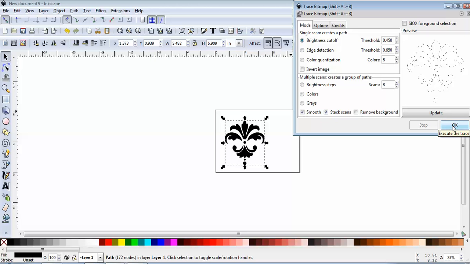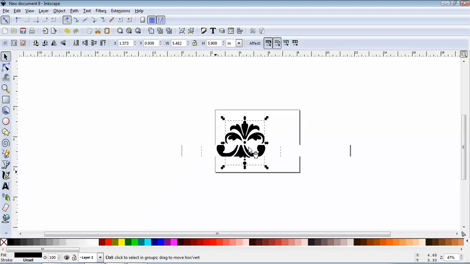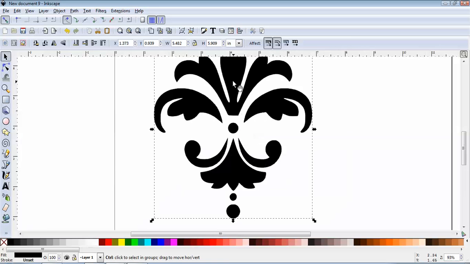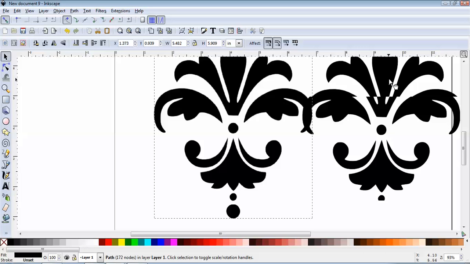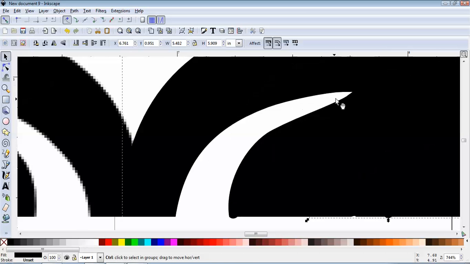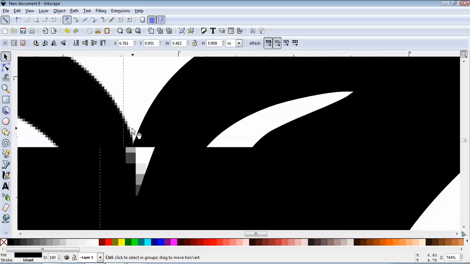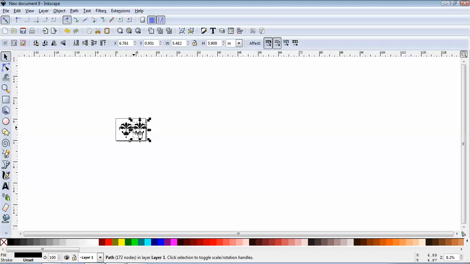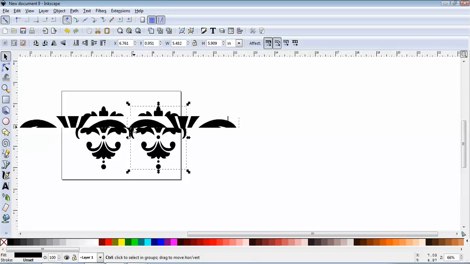Now let's zoom in just a little bit. Now click in the black area and drag it over. The one you're dragging, the top layer, is the new converted or the new traced image. Now if we zoom in a little bit more, you can see the difference between the two. No matter how long you zoom in on it, it still stays smooth. So let's go ahead and zoom out too far and let's zoom back in. And delete the GIF image. And now we're left with